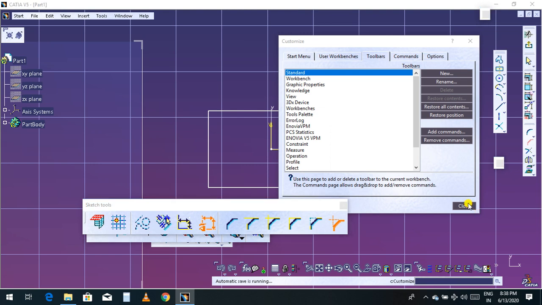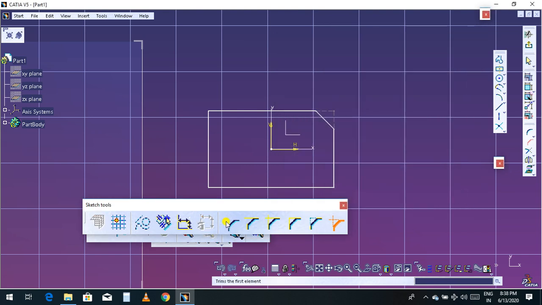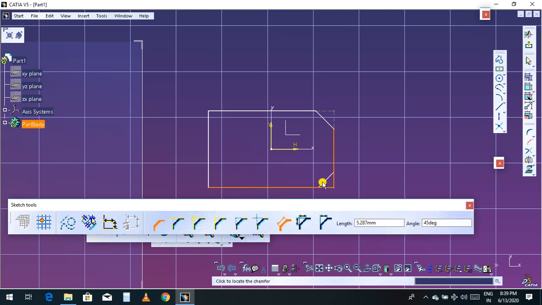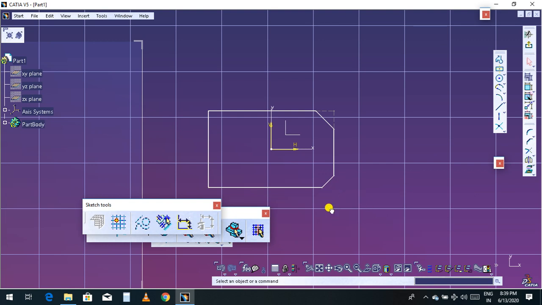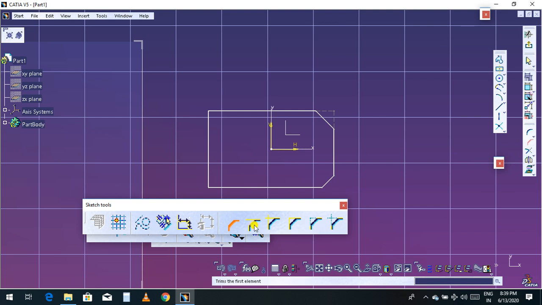Now click cancel. Now look here, this is the trim I have done. Click this one and you can give a trim as much as you want. You can give a direct length from here. I'll give 4 and press enter. So this is the 4. Now we have the second type, trim first element. Click this one.